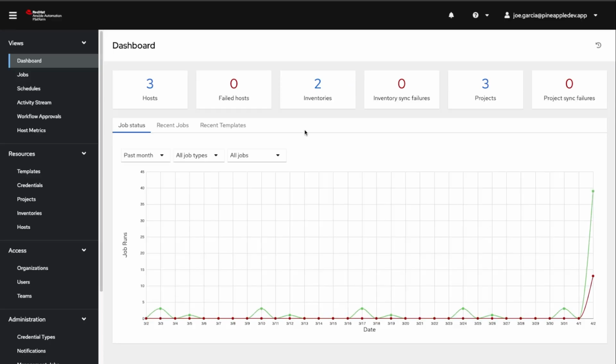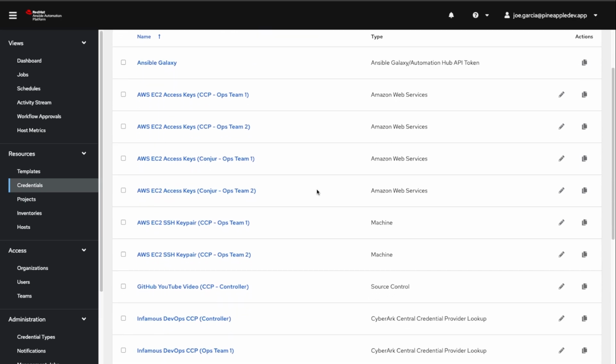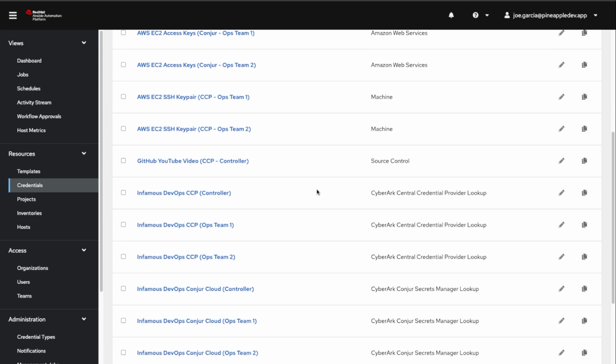Here we go. So I've got some other things going on here, but I'll point out what we're going to be working with today and explain things. First and foremost, for us to be able to communicate to the Central Credential Provider, we're going to need to set up what's called a secret lookup for the Central Credential Provider. And the one that we're going to be using for today's purposes is this infamous DevOps CCP